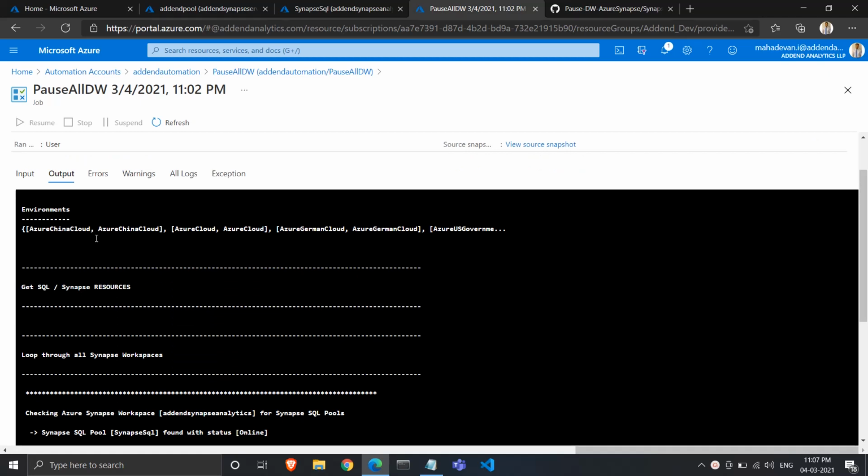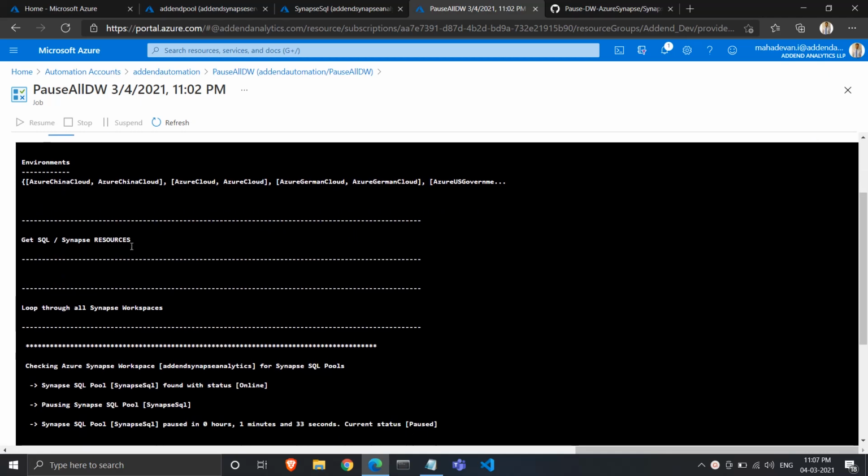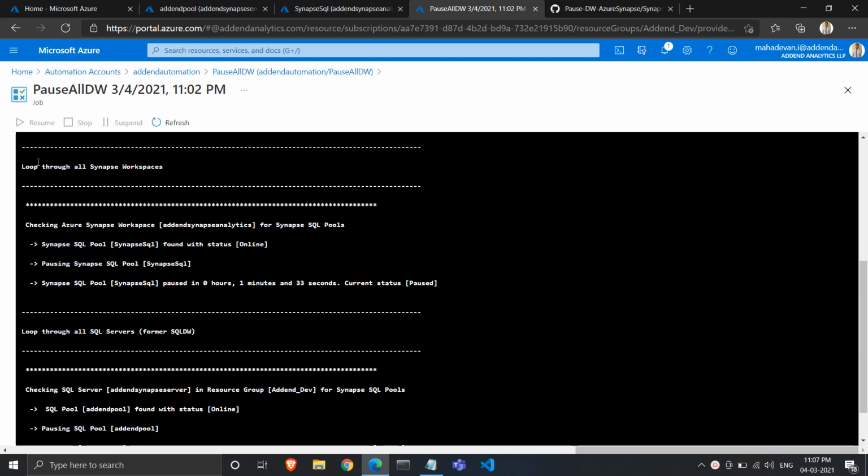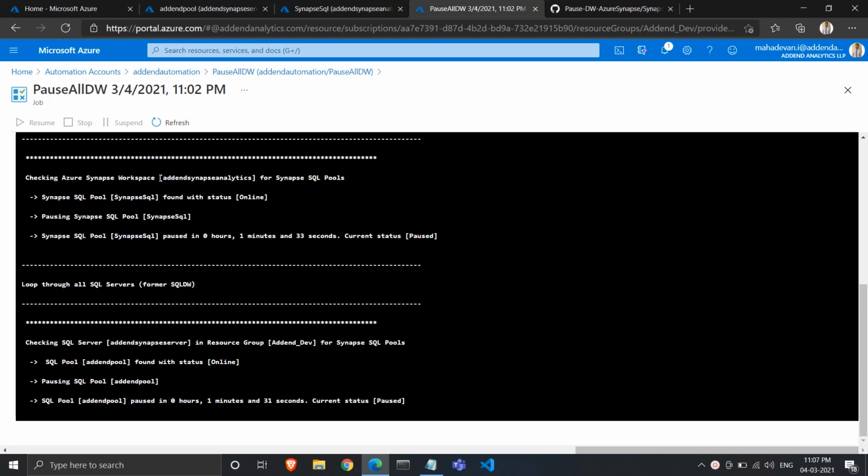After running this runbook, we can see the output, and yeah, in this first step, it's looping through all the Synapse workspaces in my resource group, and it has found one SQL pool, a Synapse SQL pool in my workspace, and its status is online, and it's pausing the SQL pool, and it also shows how much time it took to pause the SQL pool.